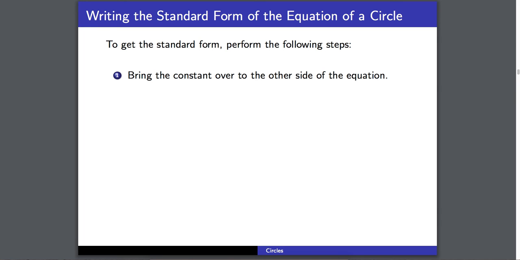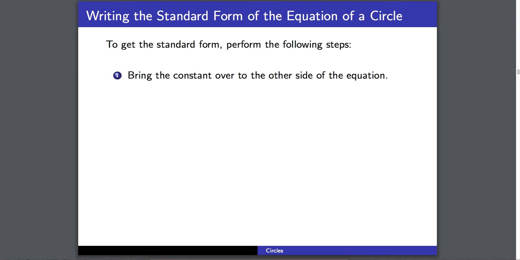All right, in this video, we're going to look at finding the center and radius of a circle when the circle is not written in standard form. So to get this standard form of a circle, perform the following steps. What we're going to have is all of our terms on one side and a zero on the other. We're going to start by bringing our constant over to the other side of the